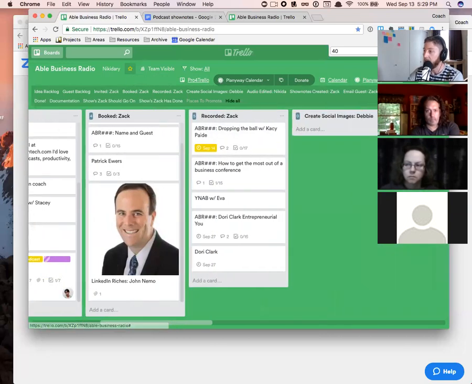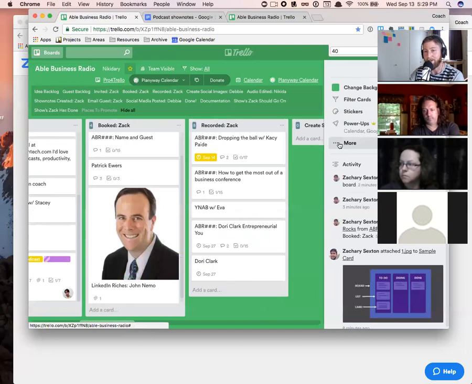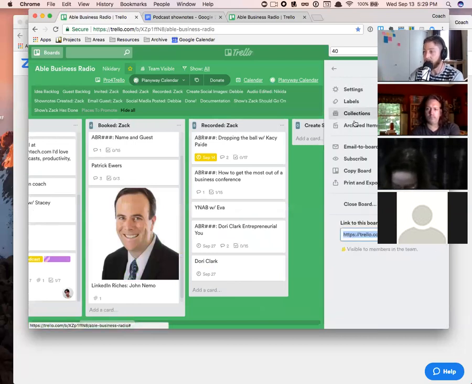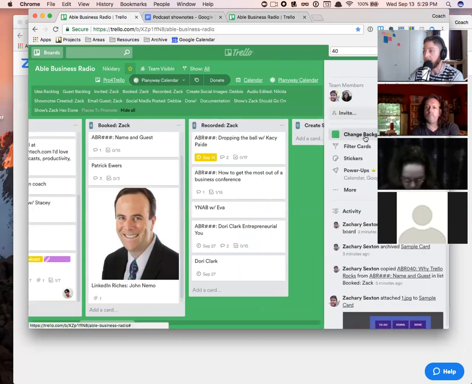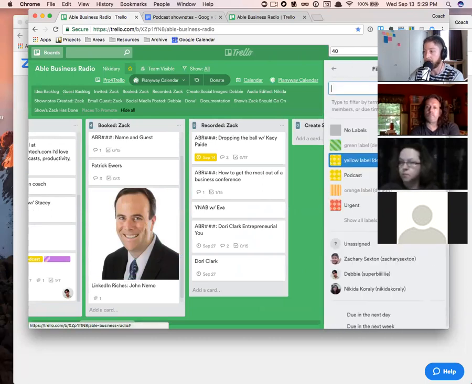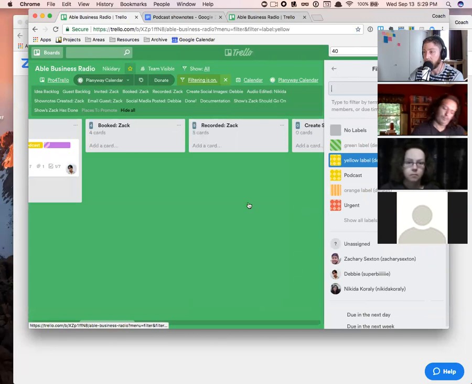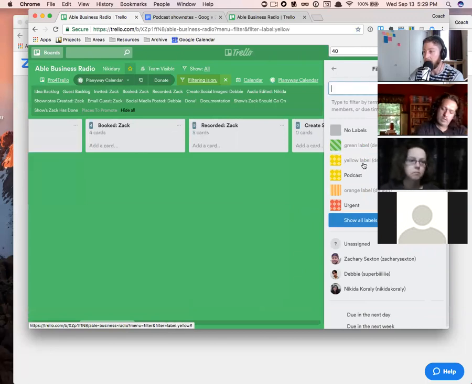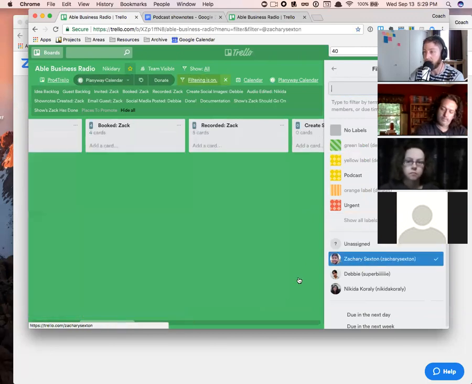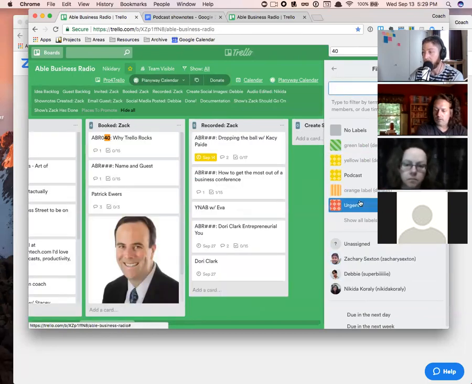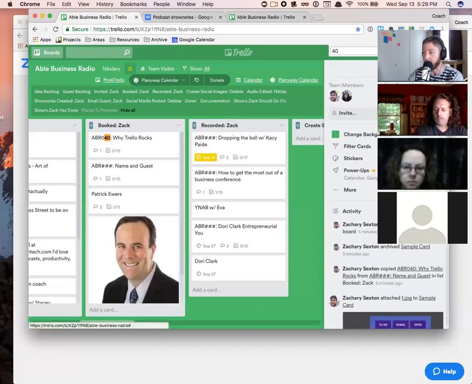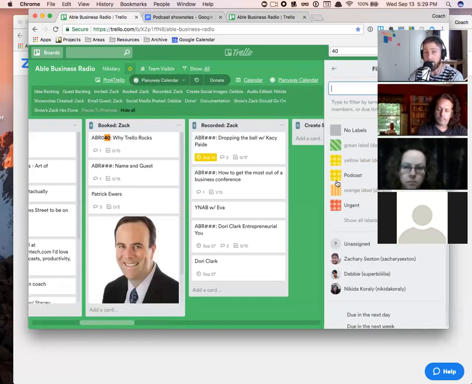And speaking of, it's hard to go in order with this because things all mix and match. You can filter your cards by going over to the sidebar and filter the cards. Let's say I only want to see the ones that are yellow, or maybe I only want to see the ones that are assigned to me, or maybe I want to see the ones that are urgent. So you can filter in that way. The F button is the shortcut to get to the filter